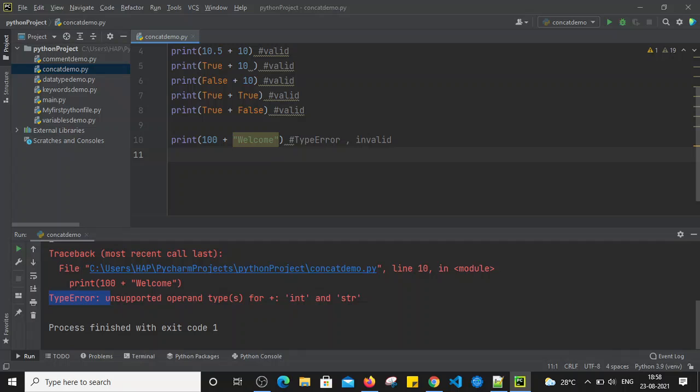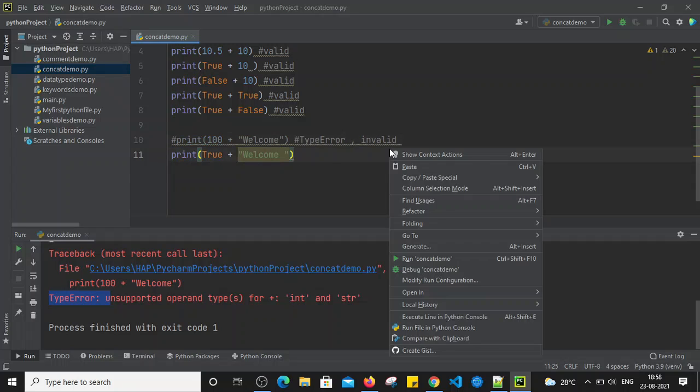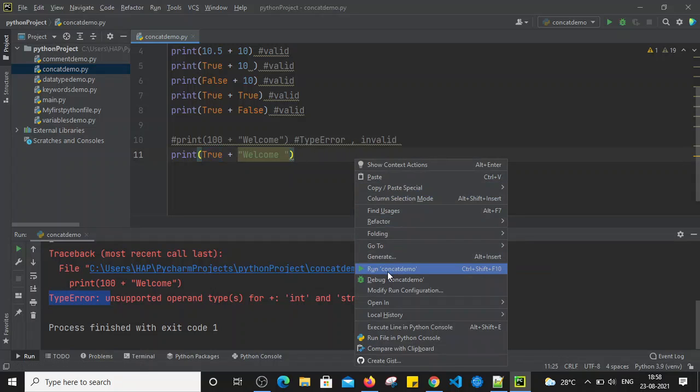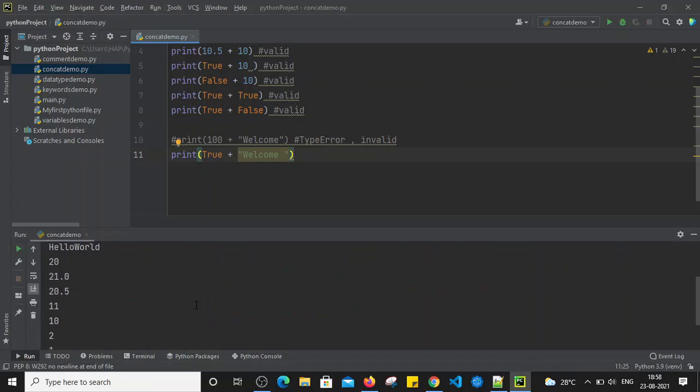Now let's try to print a boolean value plus some string value. Let's comment this first statement, and let's run this file. So here we are trying to combine a boolean value along with a string value. Again, both are different data types. So in that case also it will throw an error.